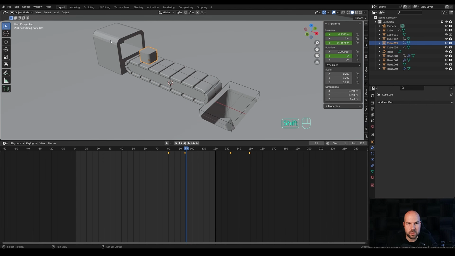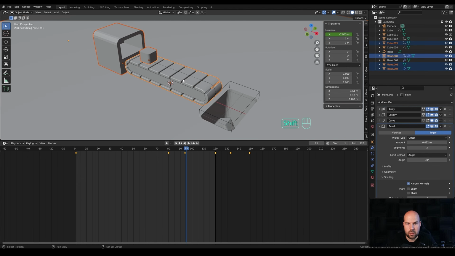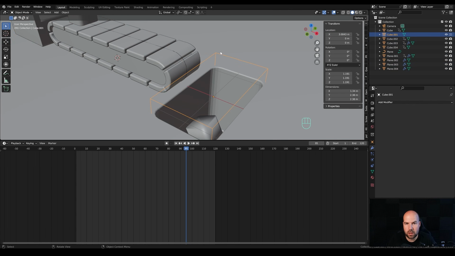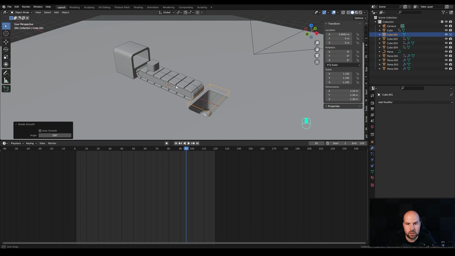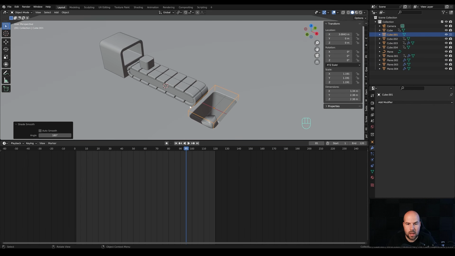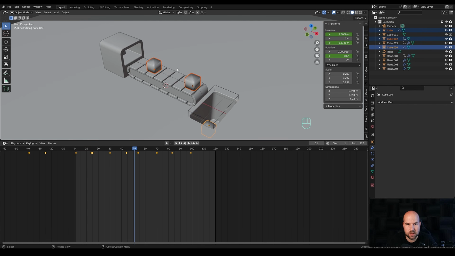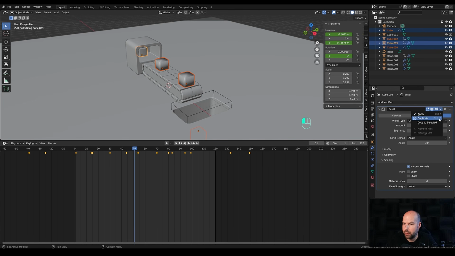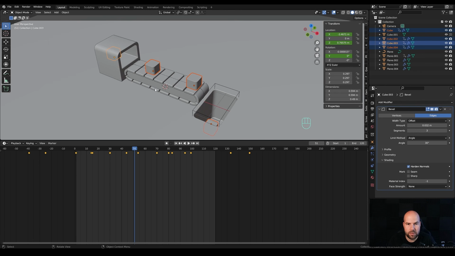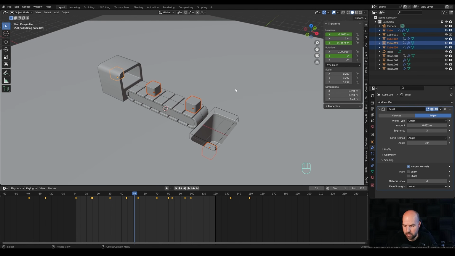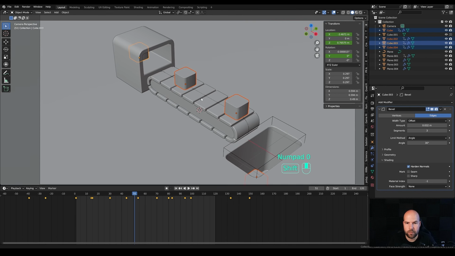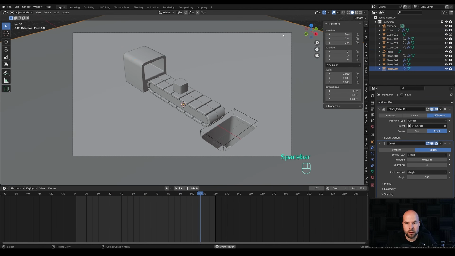And you can do the same for these, so select other objects with the belt as last, click here and transfer to selected, and now you can right click and shade auto smooth. And of course, to make it work, the boolean object needs to be smooth as well. So now you have a nice smooth animation. And of course, you need to manually add the bevels to the duplicated objects as well. So select those and copy the bevel there as well. And basically that's all we need to do here. Let's look from the camera and play back the animation.